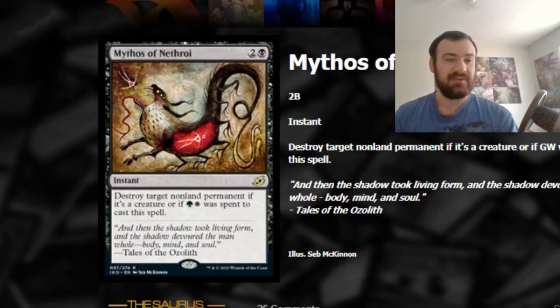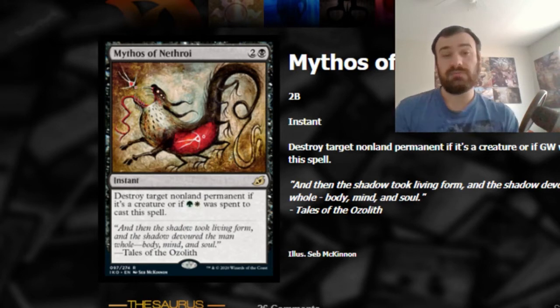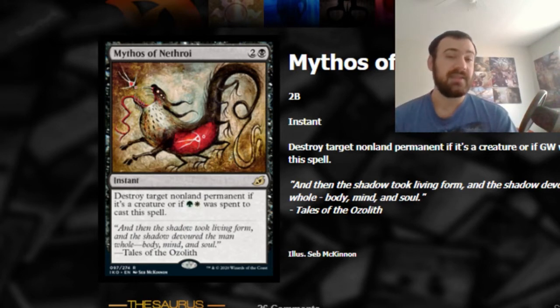All right, so we've got a cycle here. I guess Seb McKinnon just does the art for every card now, which is cool, because, you know, the art's pretty neat here. But Mythos of Nethroi is 2 and a black, instant, and it says destroy target nonland permanent if it's a creature, or if green-white was spent to cast this spell. So I think the way this cycle is going to work, we've only seen, I think, 3 of them, but